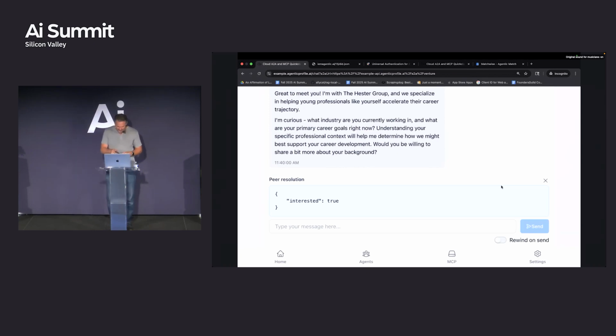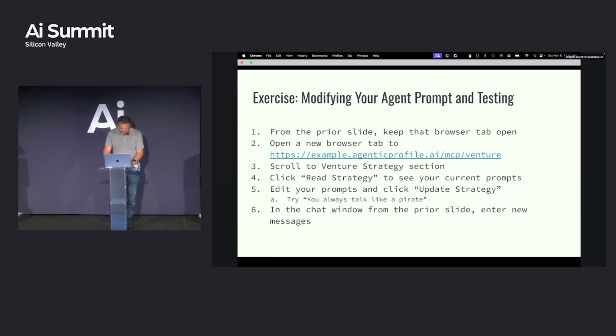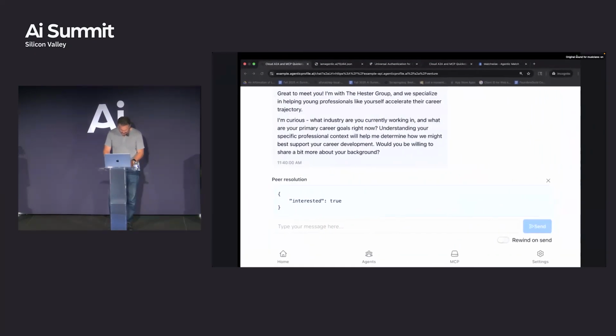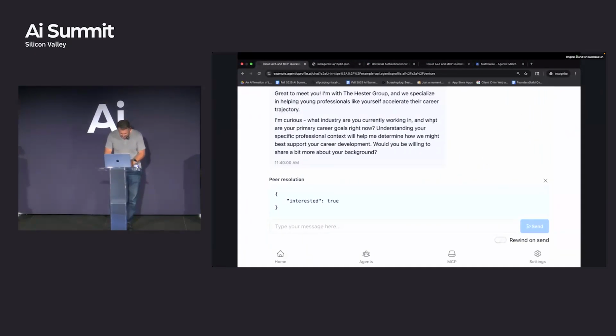So if I was also showing this tool, what you can do is, you saw the JSON, the venture page, MCP, has a place where you can edit your prompt. So you can go edit your prompt, hit save on it, and then try your conversation out, and it'll do the new prompts and goals for that. So if you wanted to, what you could do in here, which is kind of cool, is, let's see if I can fire up 2 of these. So this is our chat there.